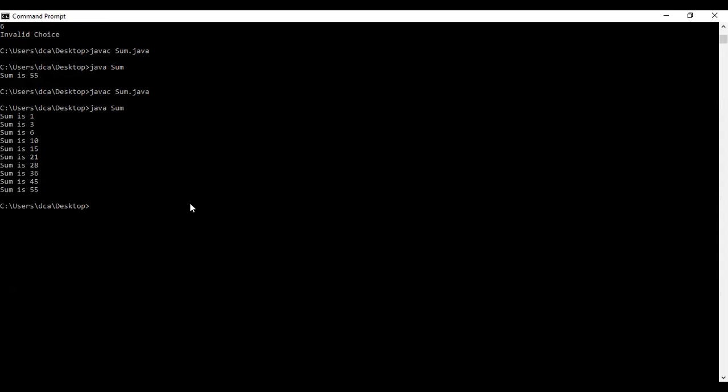At every loop it displays a message. That's why, since we want to display our final output, we write the display message after the for loop.